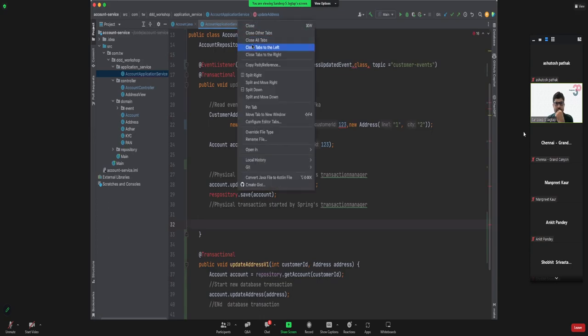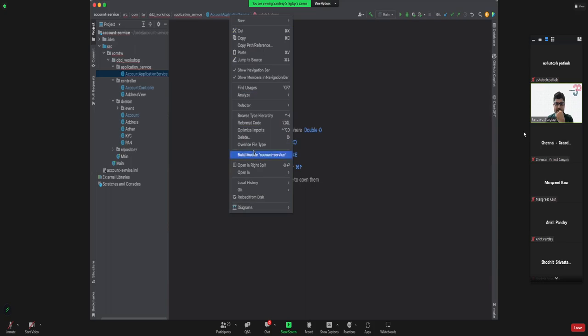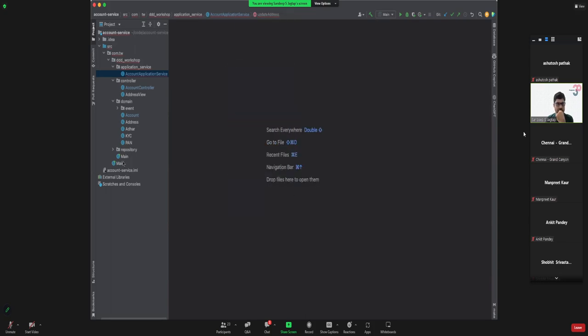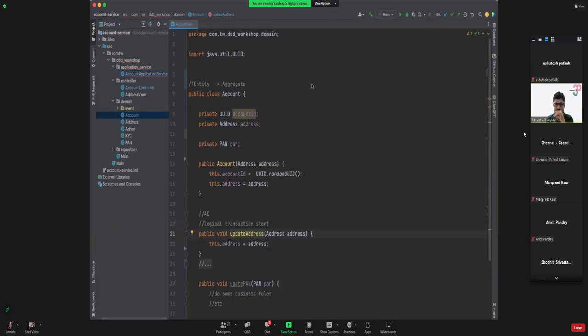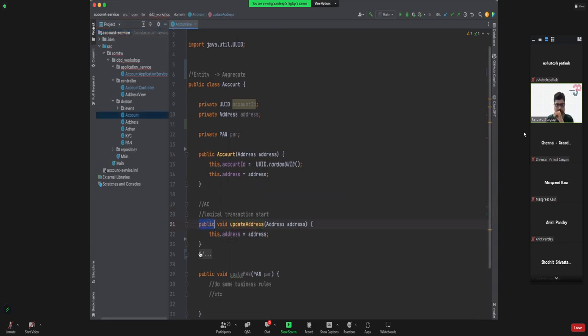So it's the same thing, right? The most important thing, as I keep repeating, is the domain package. Other things are secondary. The first thing is we have the domain package here, and remember the account has now become an aggregate. The account class was moved from the customer microservice and put into the account microservice. There is a UUID and there is an address, right? And now this method is public, no longer protected, and so on and so forth.